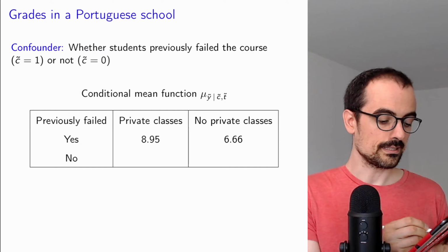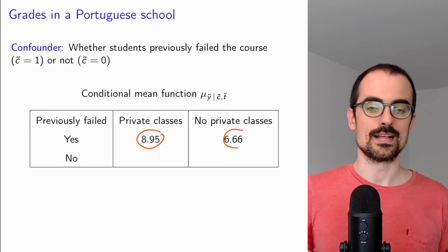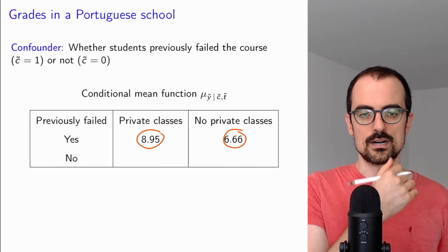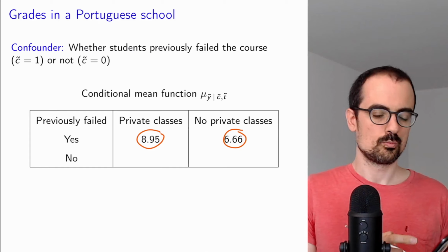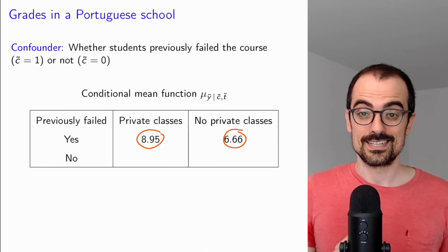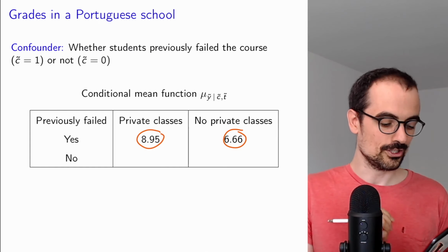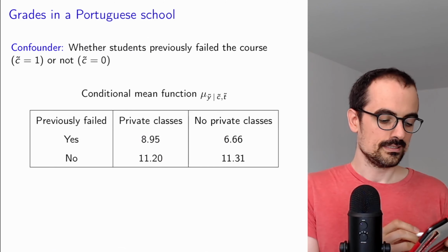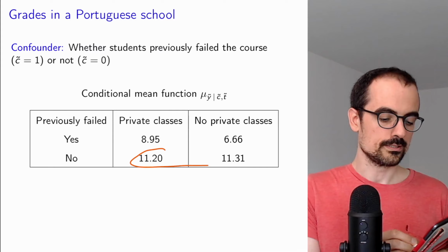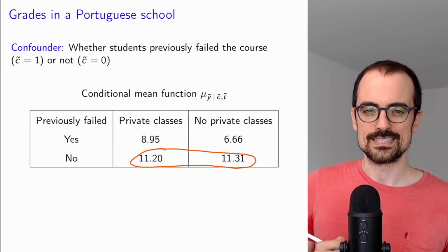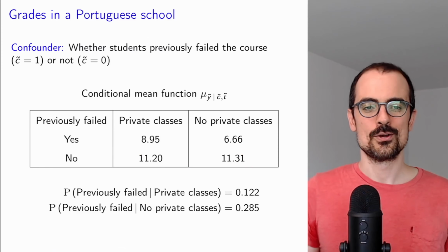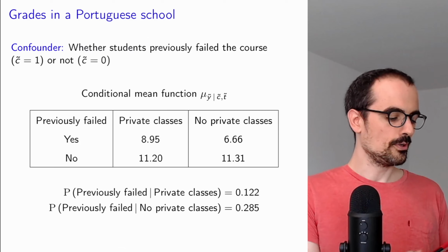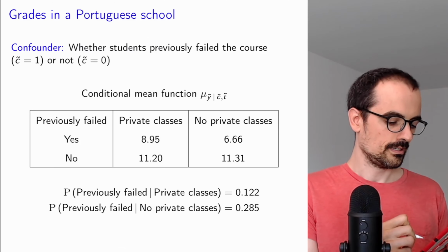And for these students, at least, it seems that the private classes helped, because their grades are a bit higher when they receive private classes compared to when they did not. But surprisingly, if we look at the students that did not previously fail, the private classes are useless. Why did I say surprisingly? This is because when we look at who is taking these private classes, the previously failed